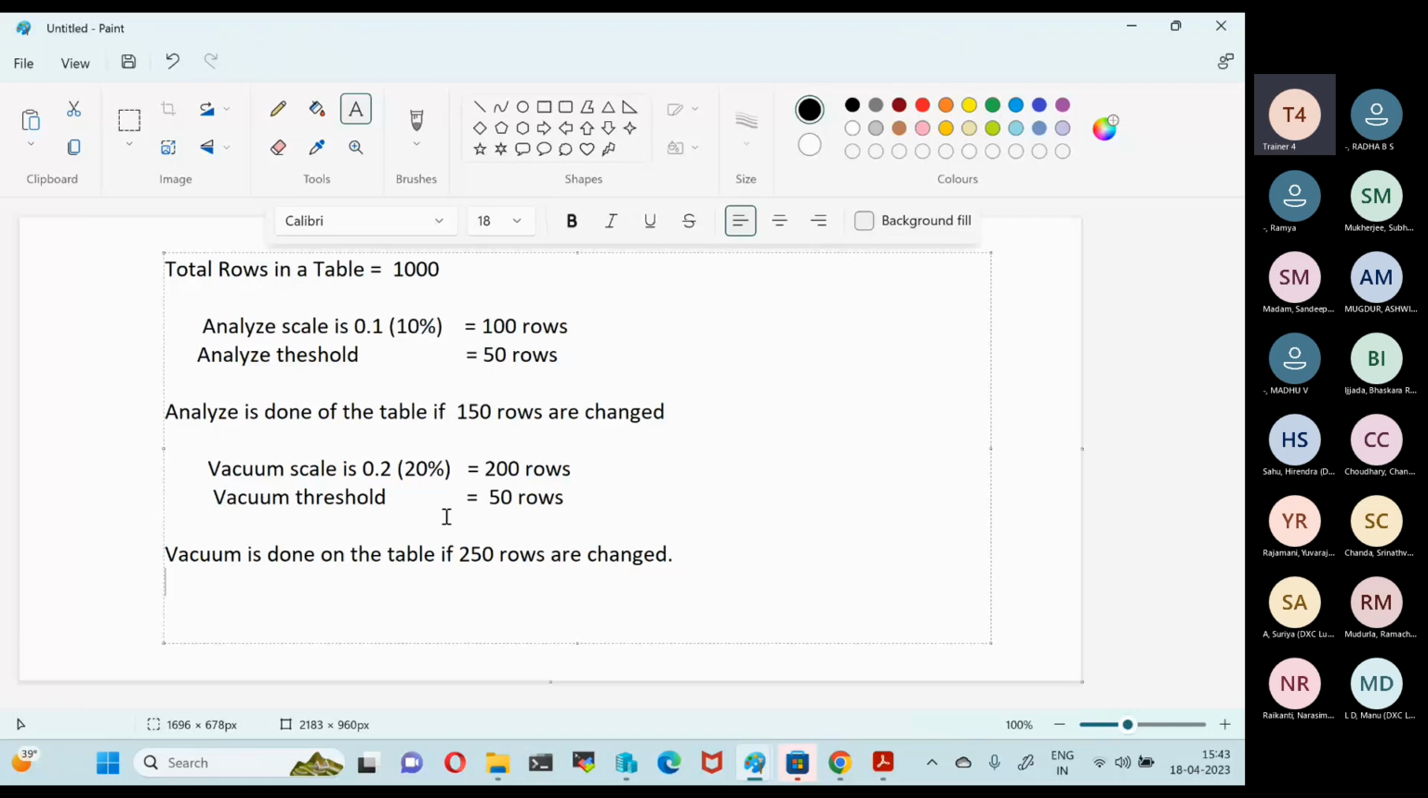If the analyze threshold is met, analyze is done on the table. If the vacuum threshold of 250 is met, vacuum is done on the table. If both are met, both operations are done on the table. Okay. So freeze